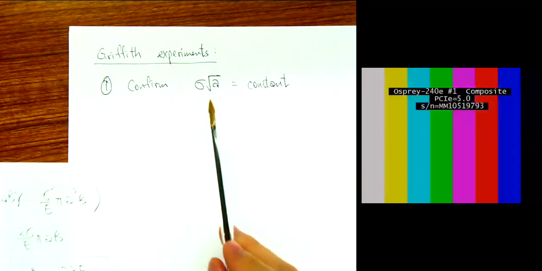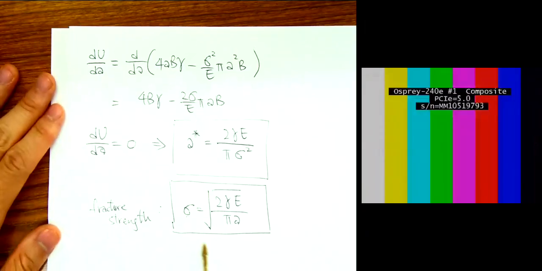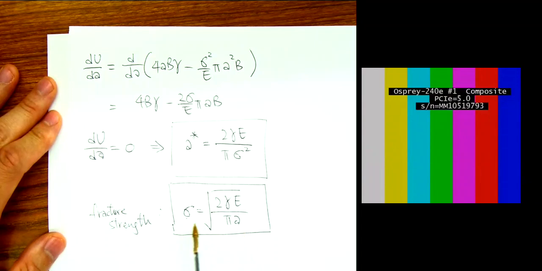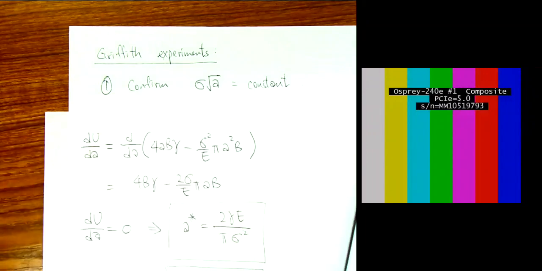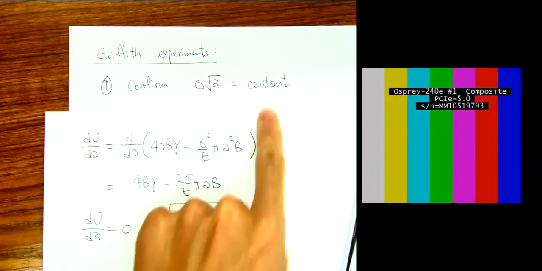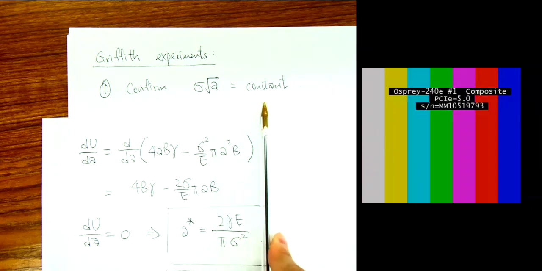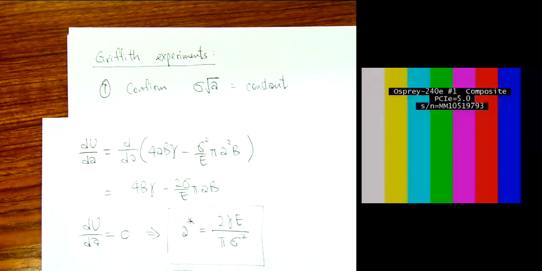But if I can just prove that they are constant, I have not proved the full formula is true, but I already proved 90% of the formula is true, because sigma times the square root of A equals some constant, this relation is true, right? That constant, I may not get it correct. Griffith may not be able to get it correct, but at least the relation is still true. Doesn't matter if I measure the gamma incorrectly. If I can make sure this is just some constant, I don't know what it is,